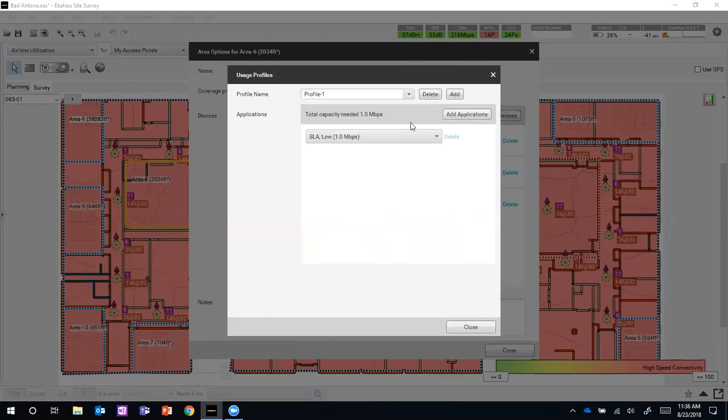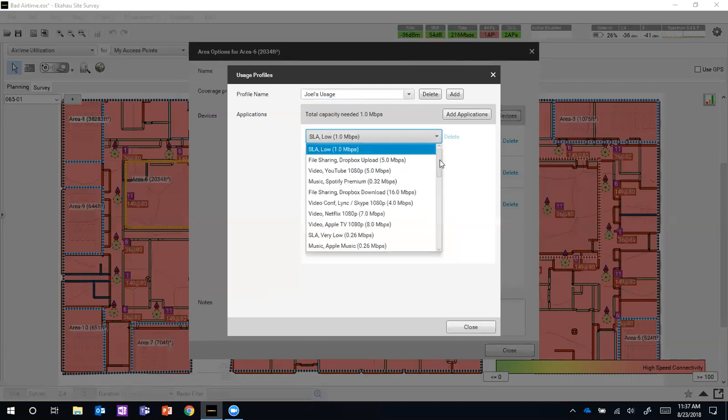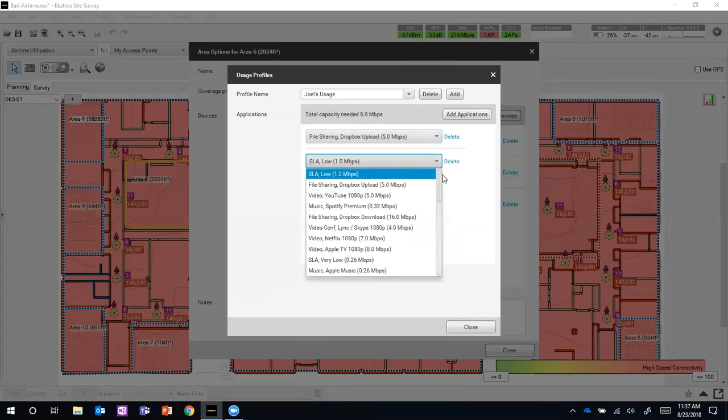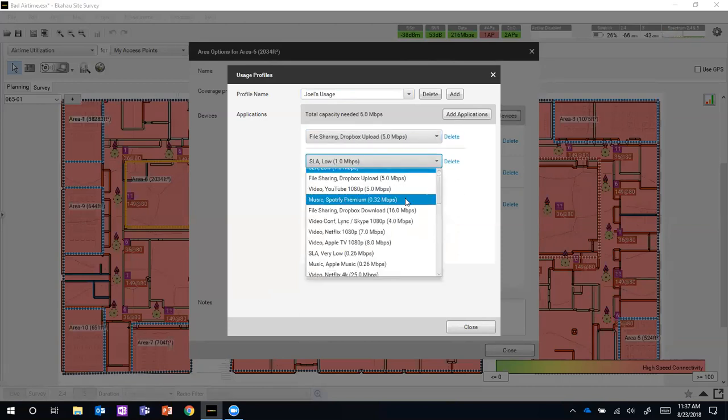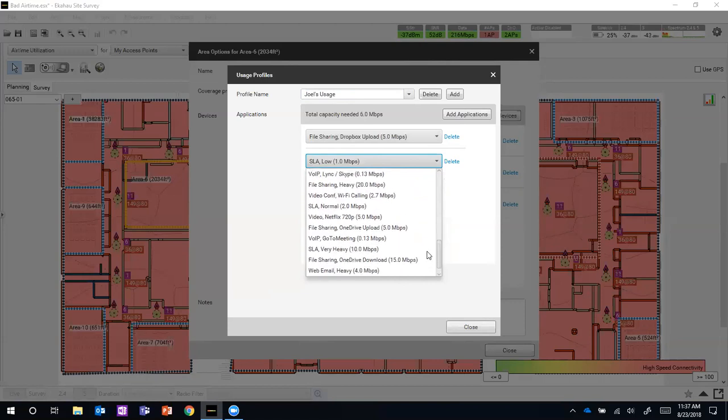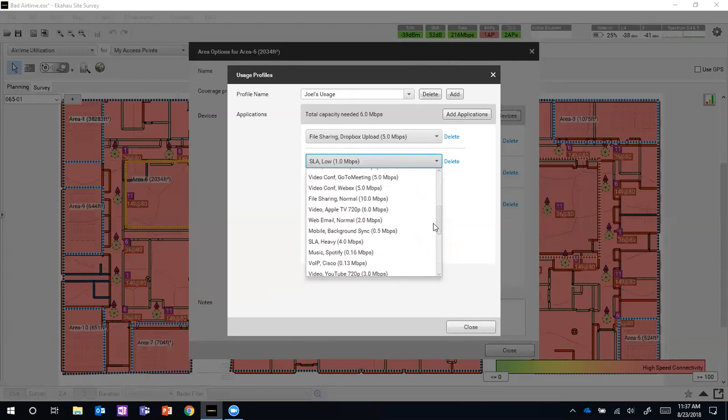All right. And so what I need to do is some Dropbox uploads. Oh yeah, Joel's usage, perfect. I need to do some Dropbox uploads, and I also need to stream Spotify. That's the other thing I need to do. Premium? No. I am way too cheap for that. Definitely the free one. Or I guess if it's hard to find, then just use the premium one. No, you're getting some junk Spotify. You're getting low quality audio here. We'll do, let's see,